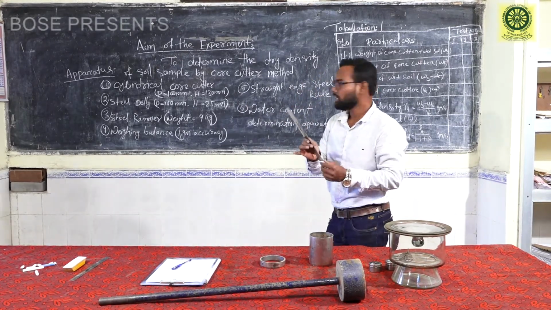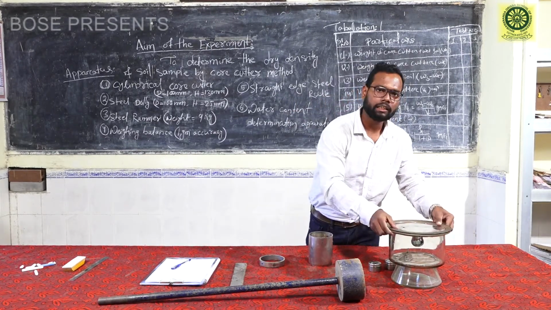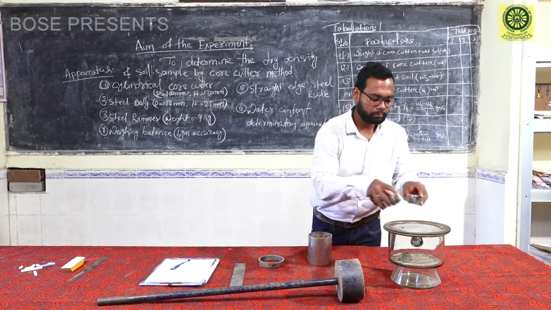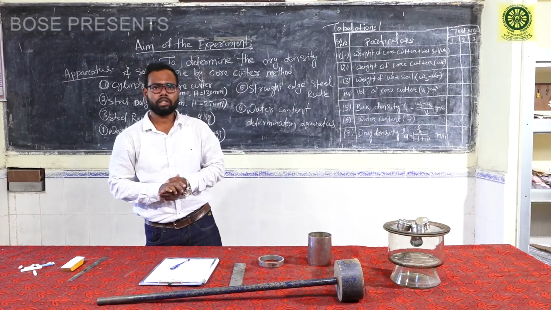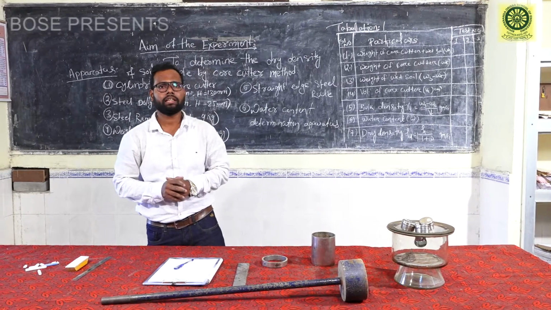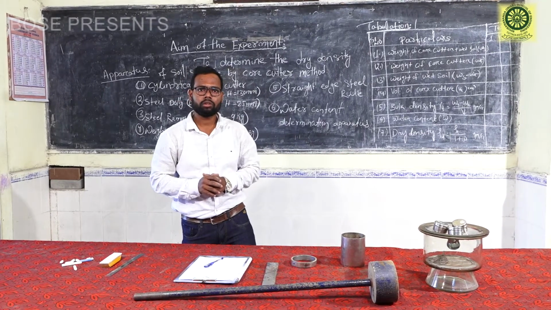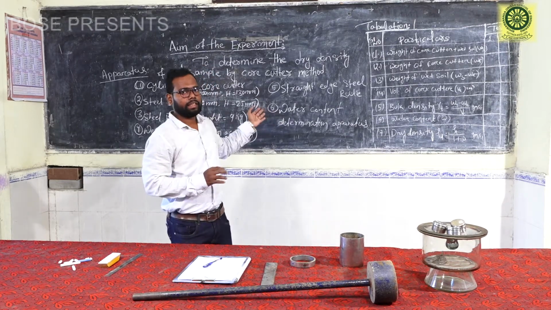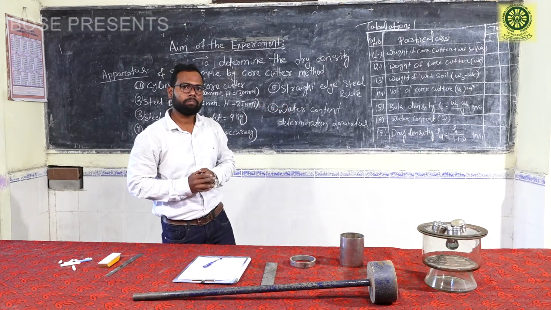A straight edge steel ruler, and here are the water content measuring equipments: a desiccator and some tin containers. Next is the theory: what do we mean by the dry density of a soil? Dry density of soil is defined as the ratio of the weight of the solids to the total volume of the soil sample. But in this experiment we use the relationship gamma D is equal to gamma T divided by 1 plus water content for the determination of dry density.